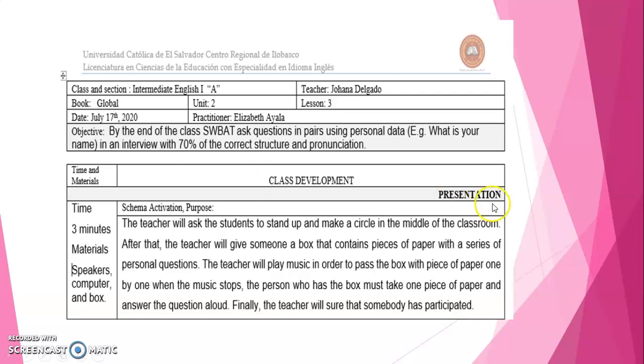As you can see, here appears the presentation part, which contains the schema activation. In this stage, the teacher has to connect the students' background with what is going to be taught. For this activity, the teacher will ask the students to stand up and make a circle in the middle of the classroom. After that, the teacher will give someone a box that contains a piece of paper with a series